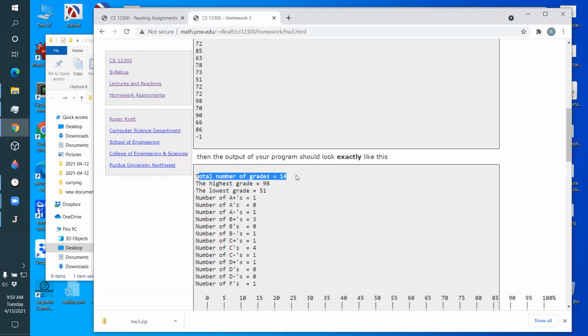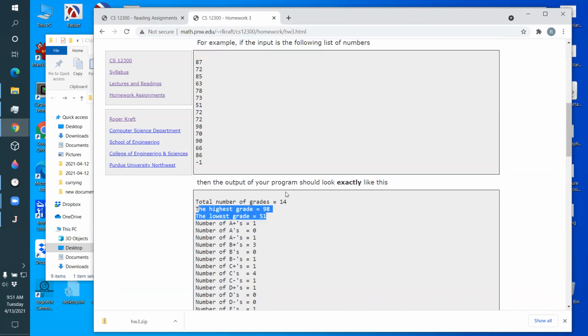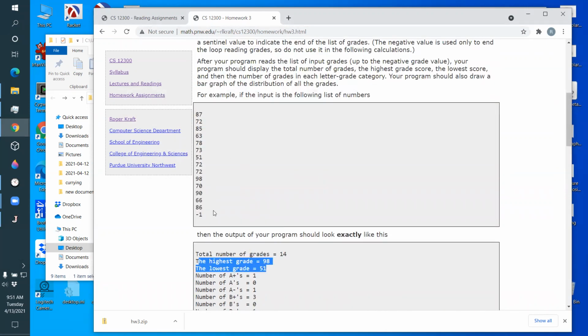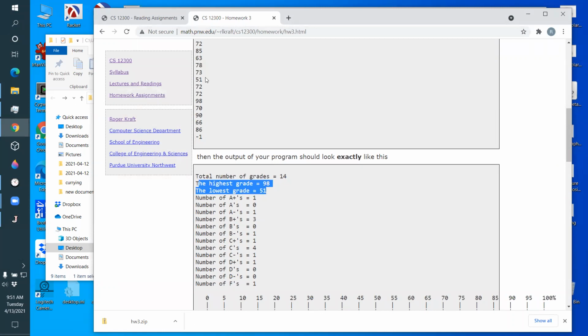Write a program that runs and gives you that output and then quits. At that point, you know that you can read in the data and report the total number of grades. Get that working. Then get your program to find the highest and lowest grade. Get that working, so that as you're reading in the data, you can figure out, either while you're reading it